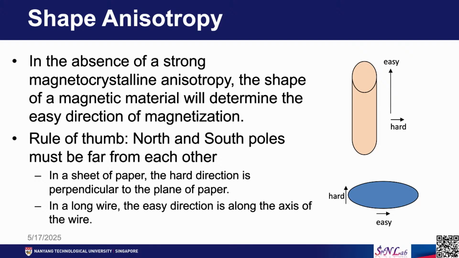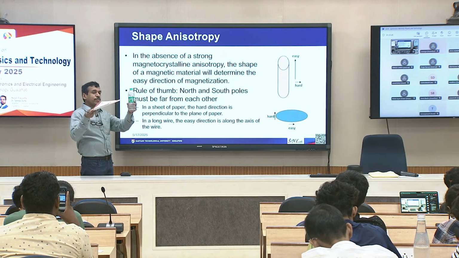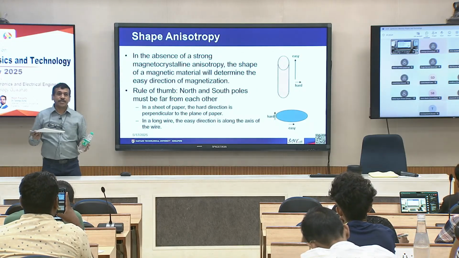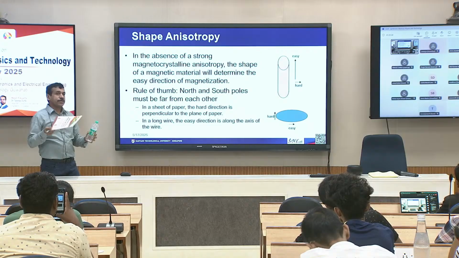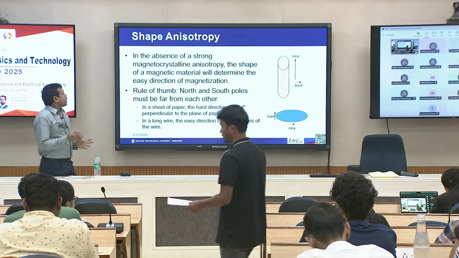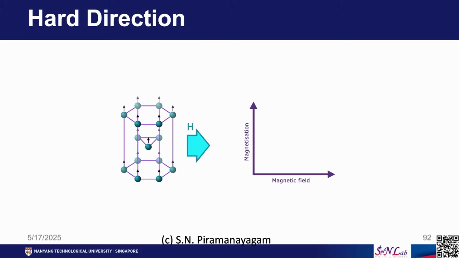The second type of anisotropy comes from the shape of the sample. So, let us say you have a bottle, you have a paper. You can see that the bottle and paper have different shapes. So, if you prepare some magnetic materials in a cylindrical shape or in the form of a thin film, then you will have an anisotropy that comes because of the shape. The shape anisotropy is usually dominant in the absence of a strong